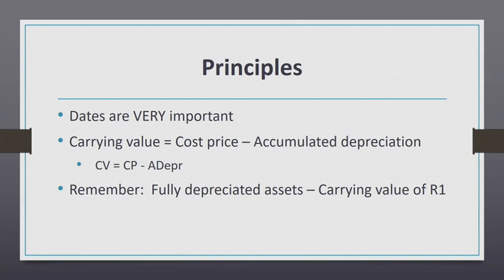Again, this will not be something that they highlight in a question paper. They will just give you the depreciation to be written off. And the moment that you see at the end of the year the carrying value of a vehicle or equipment is negative, then you know that can't be. So you have to write off less depreciation so that you still show it at a carrying value of R1. While we are still using these assets, they must still appear in our books at carrying value of at least